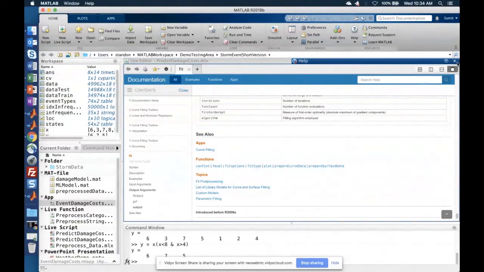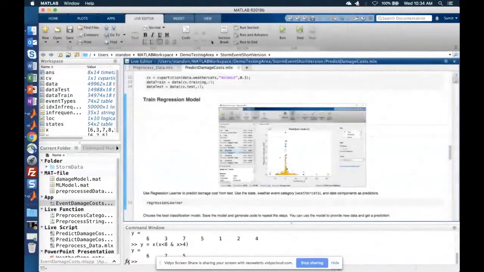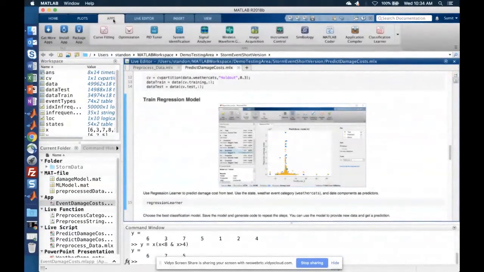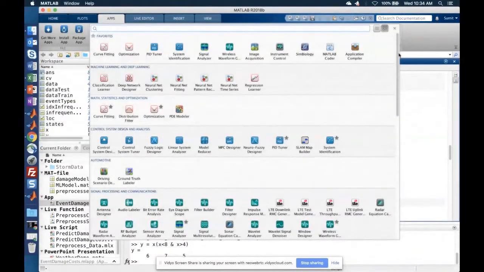So apps, in case you're not familiar, are, as I mentioned, interactive applications in MATLAB that you can access through the Apps tab. And these are part of different toolboxes, or you can create your own apps as well. These apps actually bring out the most commonly used functionalities of MATLAB in a nice interactive window, so you can get started doing your work and exploring your data and your workflow very easily. We provide a lot of different types of apps.